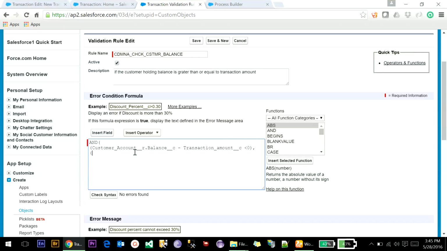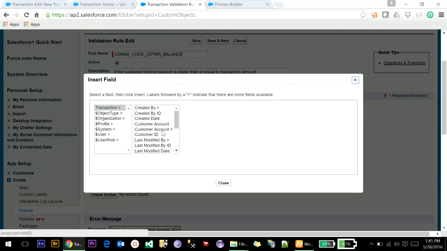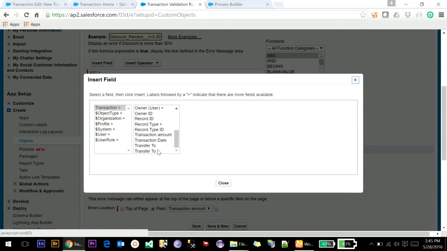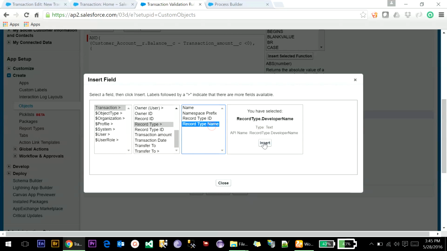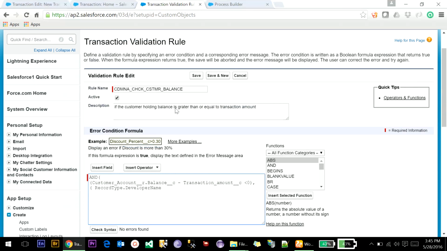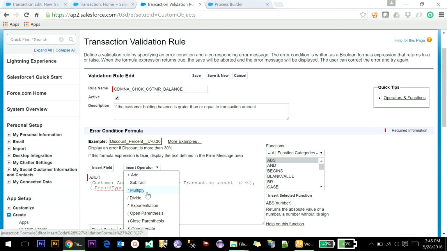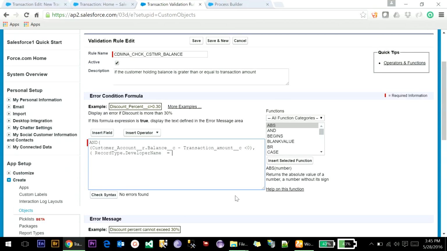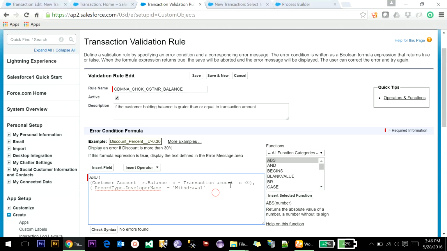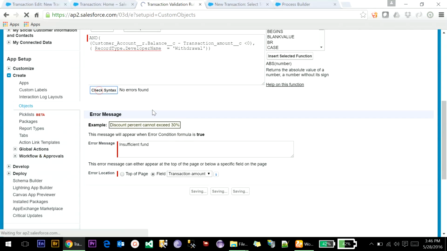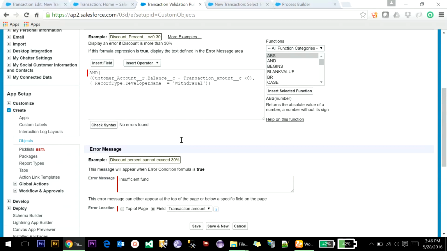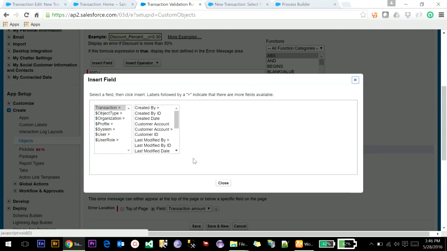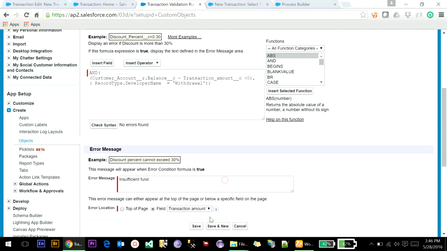and another condition is that customer transaction record type name equals to this. Okay, so this is the developer name and this is the condition, so that for deposit it should not hamper. So this is the functionality. Okay, now we save this,